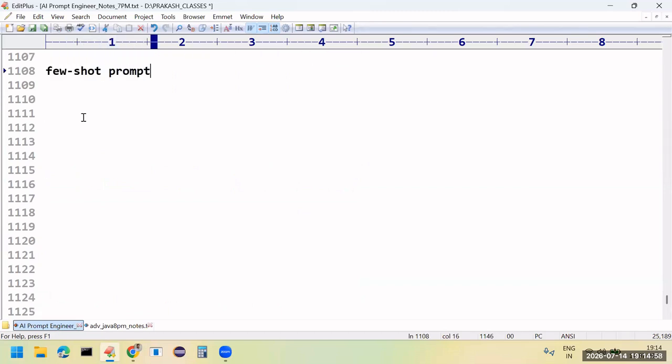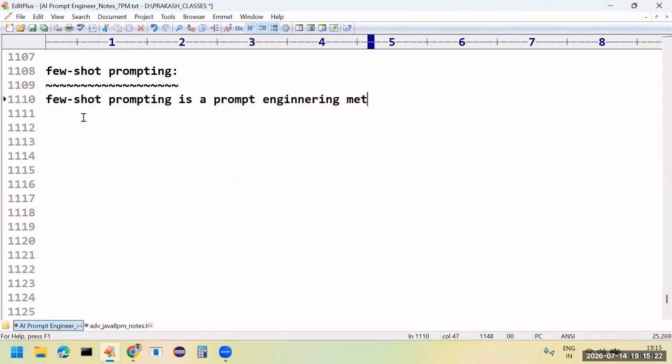So, what is the meaning of few shot prompting? Here, we are providing how many examples? Sir, multiple examples we will provide. Okay, so let me document. Few shot prompting is a prompt engineering methodology where the prompt contains two or more examples.